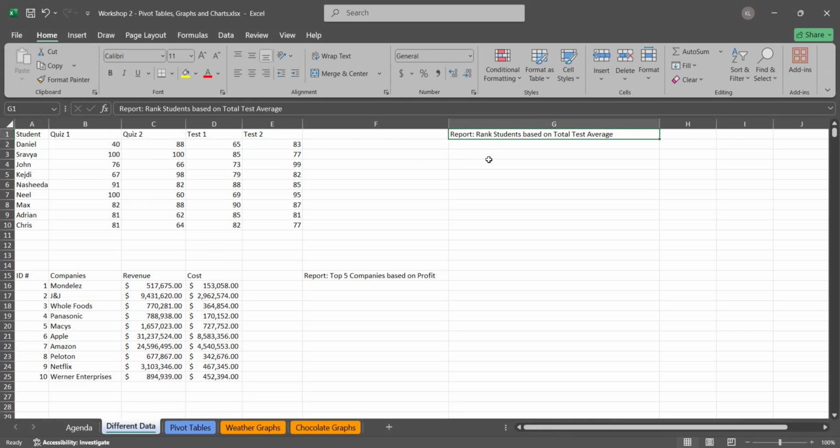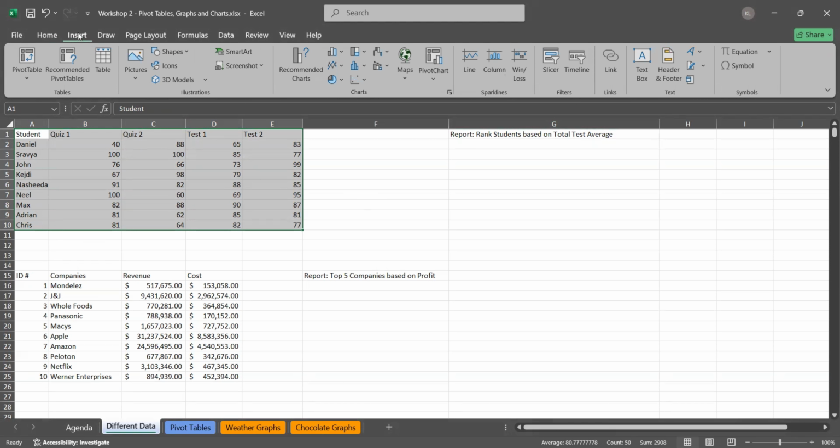Make a report ranking the students based on their total test average. So we want to find the students' test averages, and then we want to rank these students from who got the highest score to who got the lowest. So we're going to select all of this data, go to Insert, and the very first option that you're going to see is Pivot Table. We're going to click on the top half,